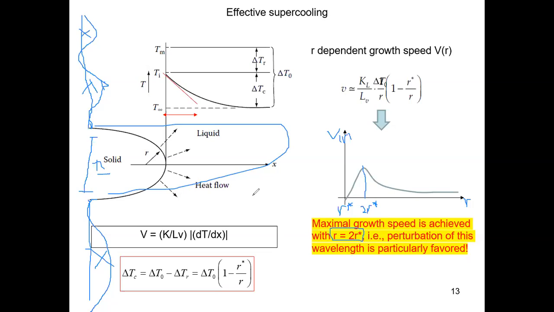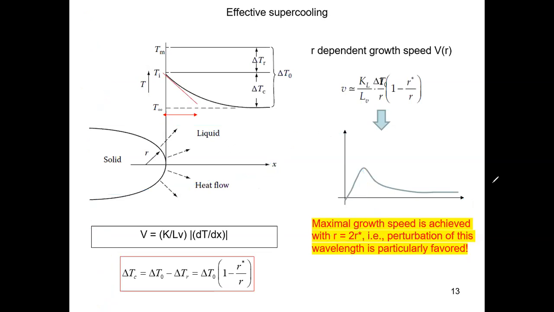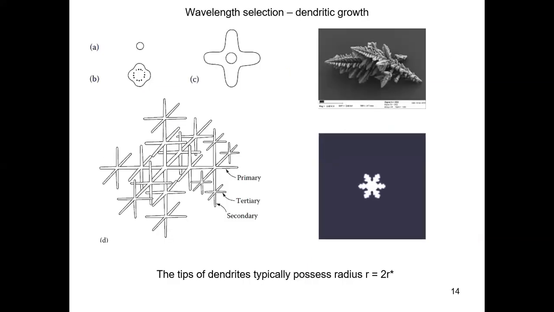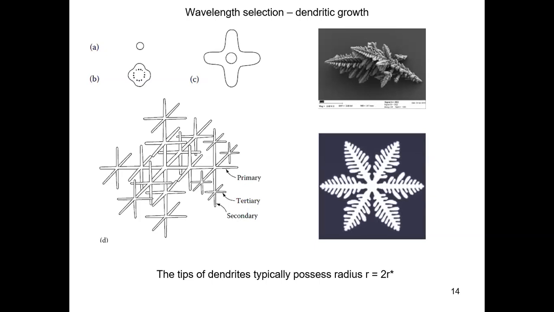Okay, now what is the consequence of that? The consequence of this wavelength selection, in particular our analysis of the most favorable size of the tip, is going to lead to a very interesting pattern. This is the velocity. If you just plug in r equals r star, you get this velocity. Again, it's very straightforward. So this is going to cause the typical dendritic growth, and it gives you a kind of interesting selection